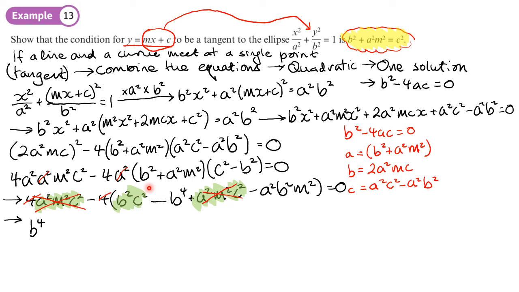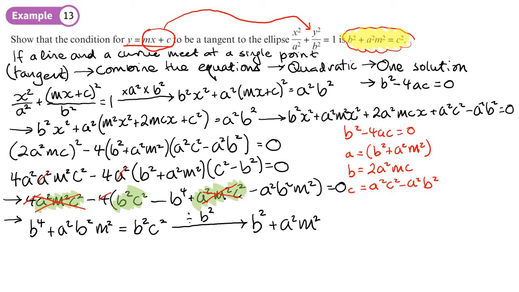What else am I going to get? Okay, this will become plus a squared b squared m squared. So plus a squared b squared m squared equals, so the only c term that I've got is going to be this b squared c squared, which is negative on here, over the other side will become b squared c squared, and then I can divide everything by b squared and get b squared plus a squared m squared equals